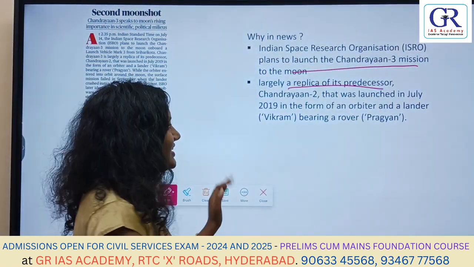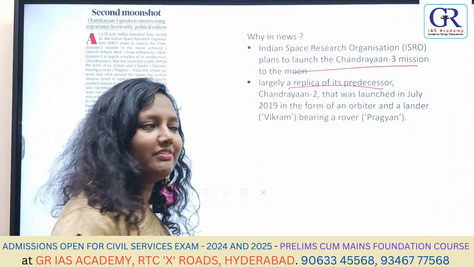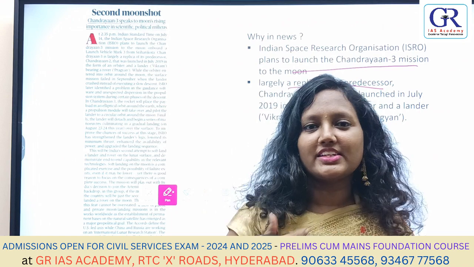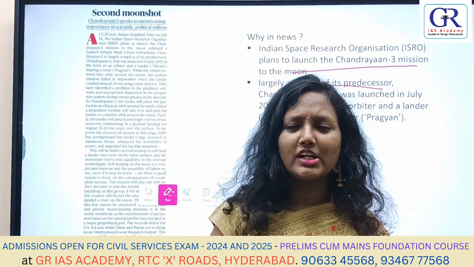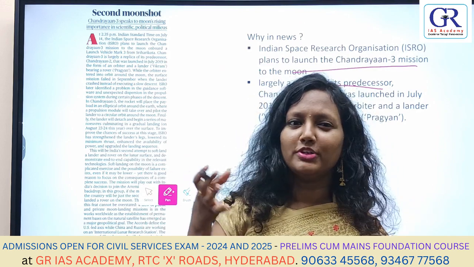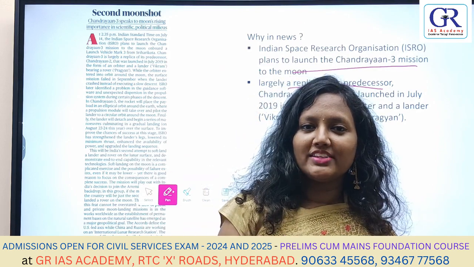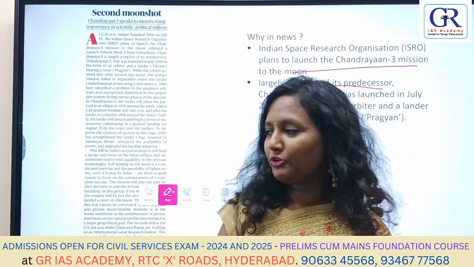So what is the lander? Vikram, and the rover is Pragyan. It is of Chandrayaan 2. Whenever you read an article, read in such a way that you dig a little, at least a little historical background of it. But try to focus. Don't read the total background of that particular topic. Try to understand what is important from the exam point of view.